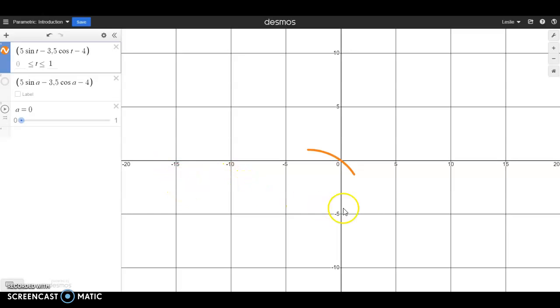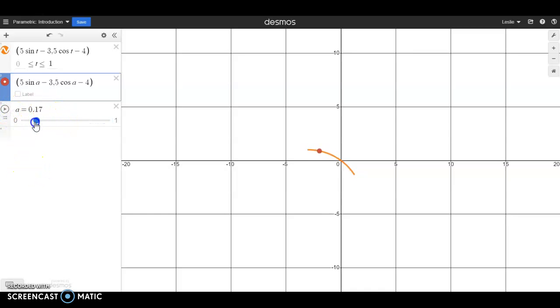Now I'm going to leave it varying between 0 and 1 for the moment because I want to show you something. Here's one of the benefits of using parametric equations. I have a second copy of my parametric equations here, but instead of t, I have a. What that's going to do is allow me to track a point along the curve that the parametric equations define. When I animate this point, you'll be able to see that it's tracking along that curve. But importantly,